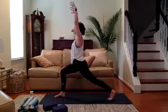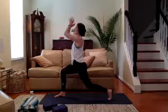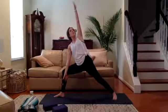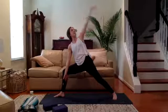Inhale, high crescent lunge. Exhale, double lunge. Inhale, warrior 2. Exhale, extended side angle and hold here. We're gonna play around with a half bind. So rotate your right thumb down and around, hands to your low back, or you can wrap it around to